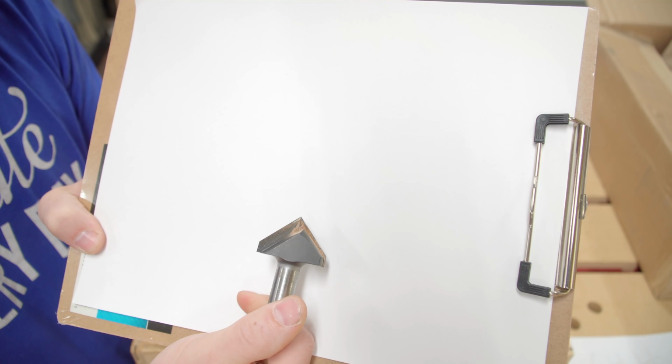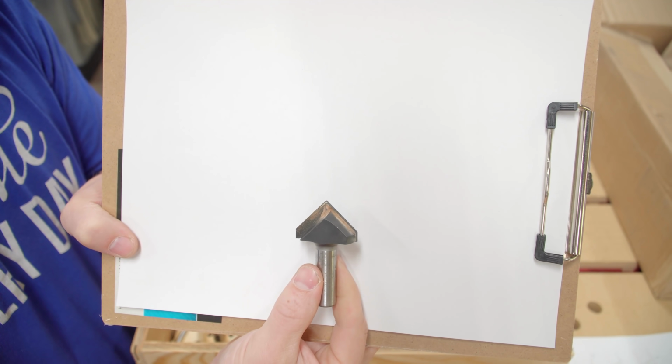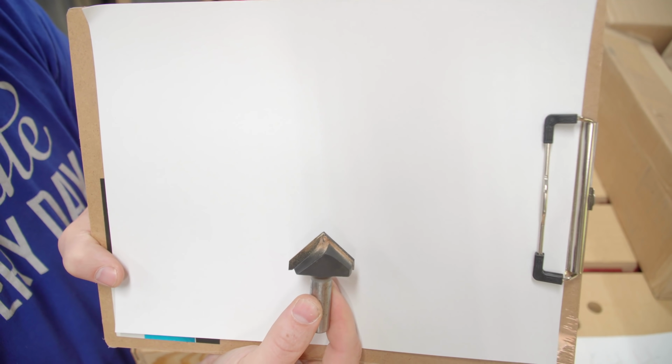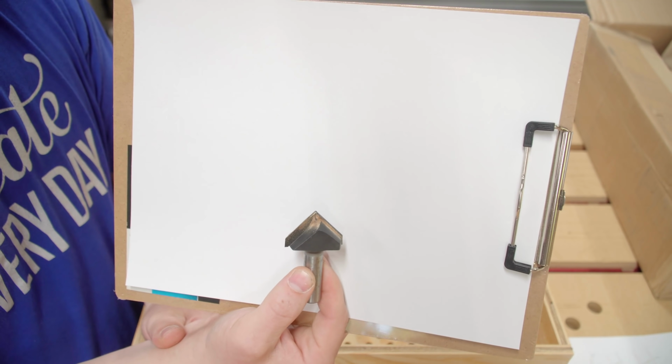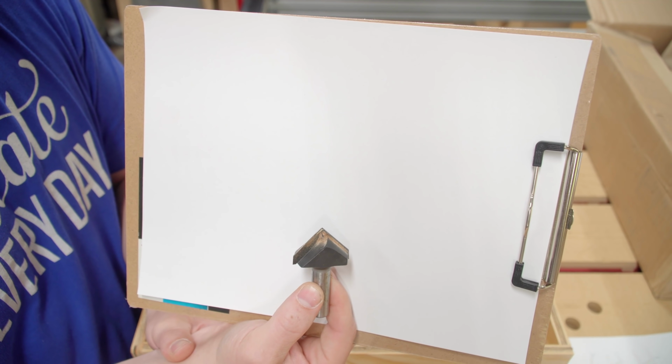But that being said, I have put a ridiculous amount of miles on this bit. This bit is a couple years old, still cuts the same today as it did the day I got it. I promise you that. This is what I use for aggressive cutting. Actually, I use it for all my V-carving cutting, but basically I can use this for aggressive cutting in solid